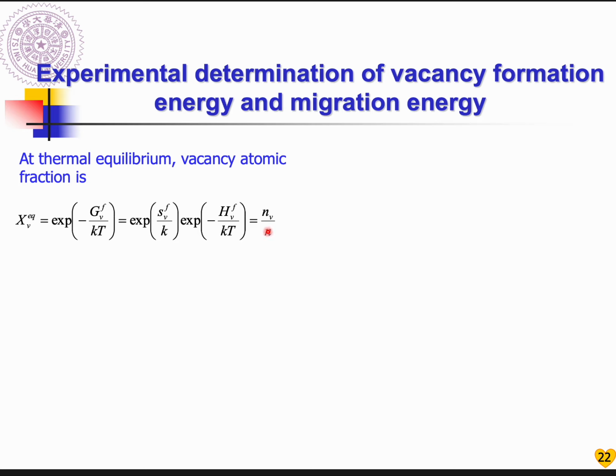So this is what we learned in the previous slide. But don't forget, we want to measure, right? So something you need to measure. So based on this equation, we know when you increase the temperature, the vacancy numbers will for sure be increased, right? So next will be